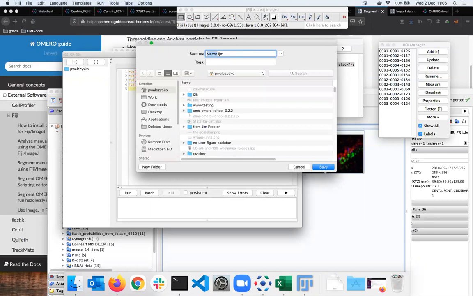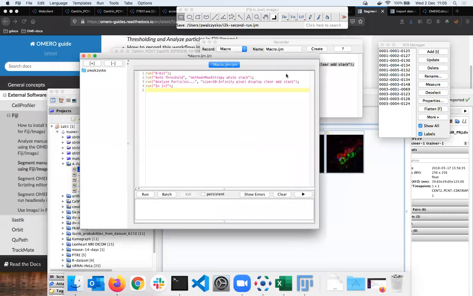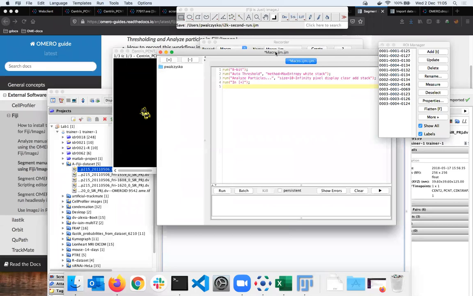So I will say that this is I2K second run Fiji macro, and I will save it to my home folder. Okay, that's great. So this is my recipe. These are the steps which I would like to repeat on 414 other images in Fiji,